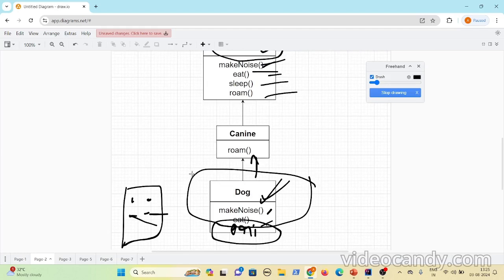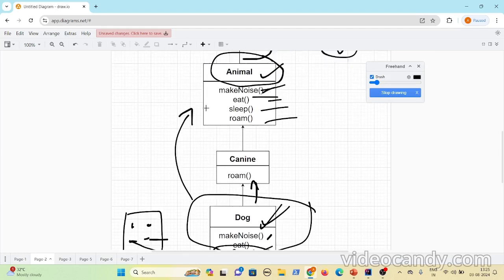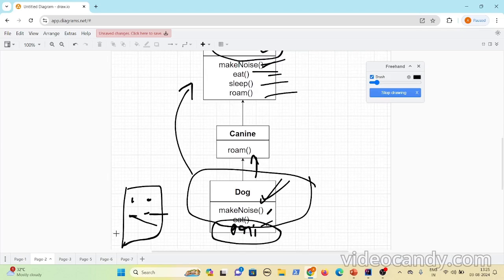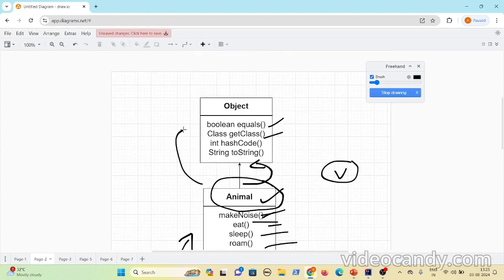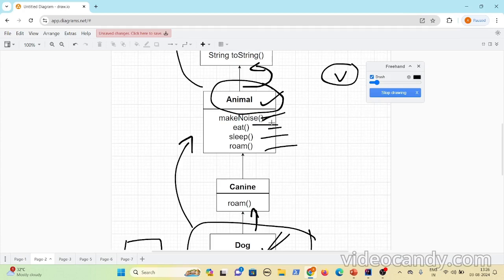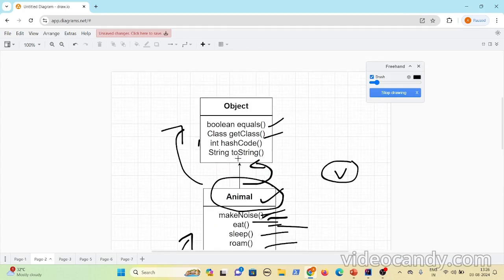Now instead of using the dog, if you move to the animal, if you use reference variable animal, what happens? It will lose the button of the print features, okay? Now if you go even further upward, and if you want to use object, it will lose buttons for these 4 methods as well. It will have buttons only for equals, get class, hash code, and toString. So when you are moving towards your superclass, the number of buttons that are present in the remote control decreases. As it decreases, you will lose the specific characteristics of the class.